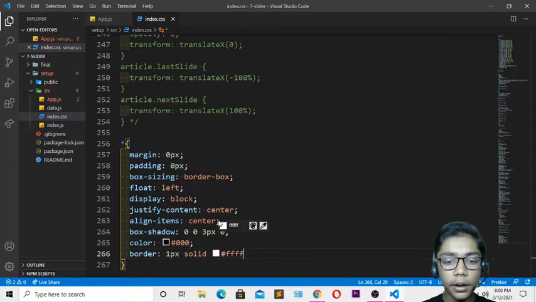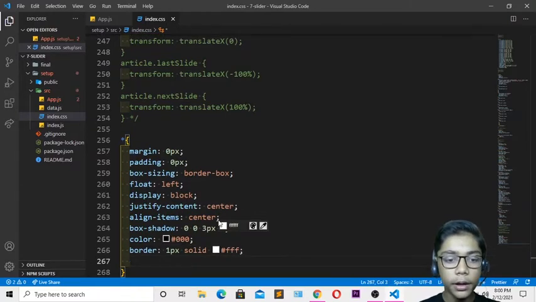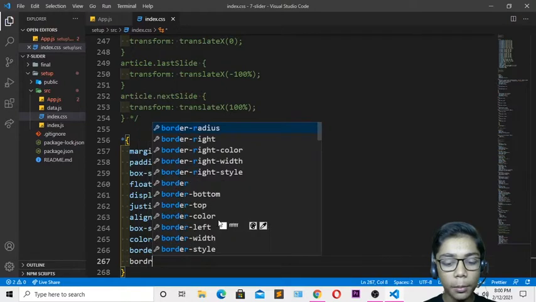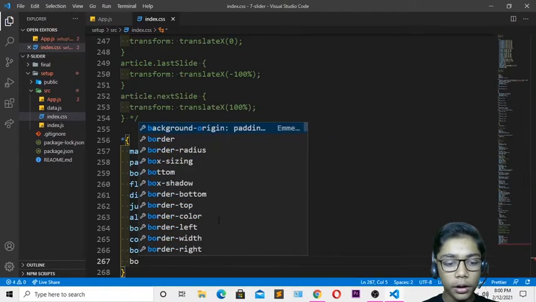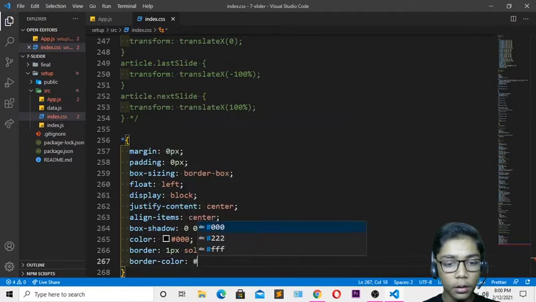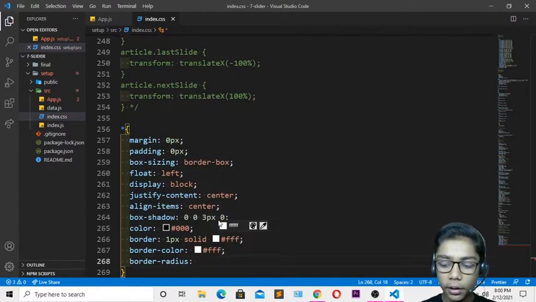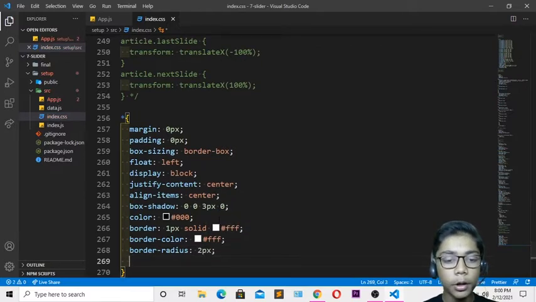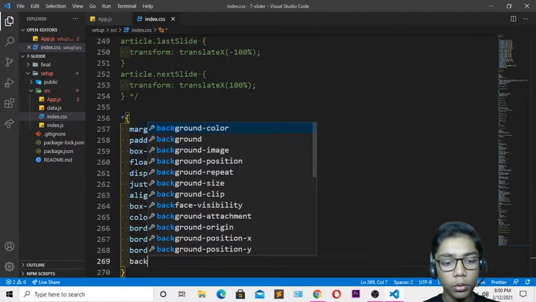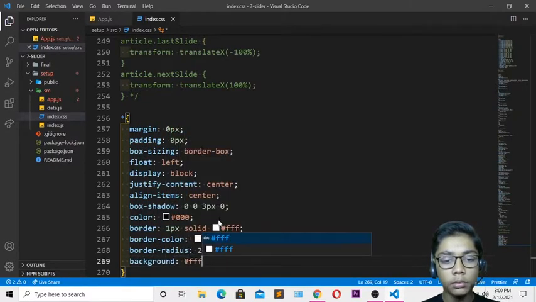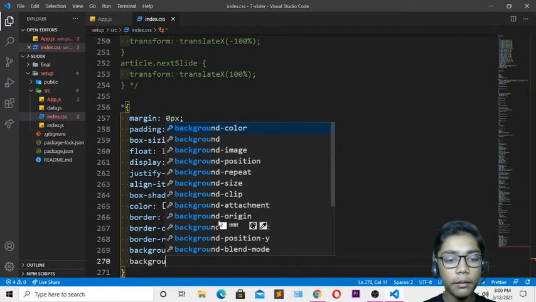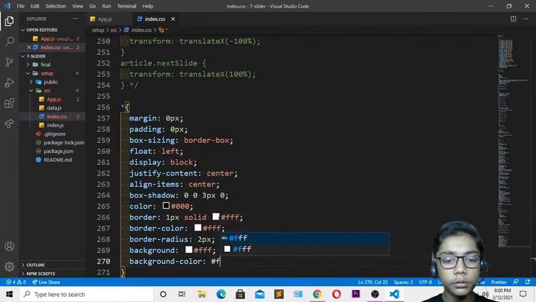Then you have to come underneath again, so just erase the white, erase the F over here, and I will just come underneath again and I will be writing a border color. Okay, so the border color I need also white, so I'll be writing white. Then when you've done that, you have to come and write over here the border radius which should be 2 pixel, because I need some border radius over here. Then when you've done that, you have to come underneath again. Then I will be defining another thing, display we have defined. So I will be defining background now. The background I need is white, so I'll be writing that. So now just come over here and I will be writing a background color should also be white, so I'll be writing white.